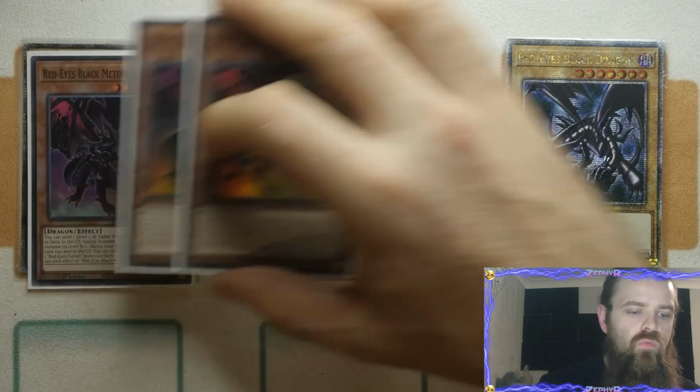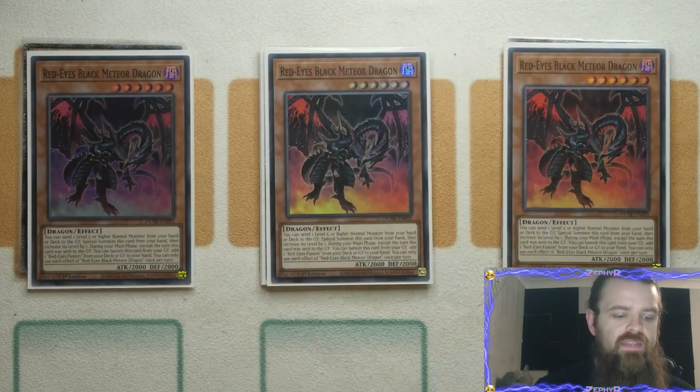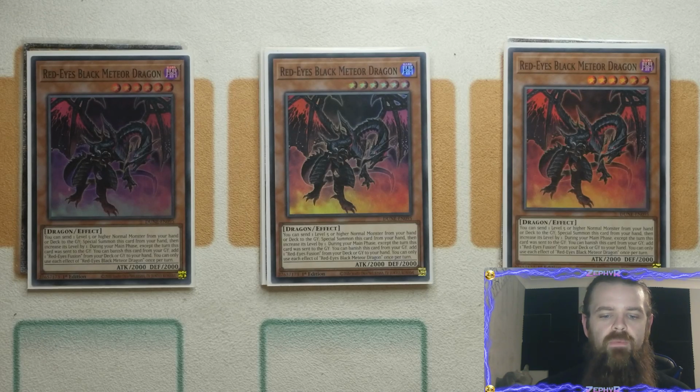We're then playing triple Red Eyes Black Meteor Dragon. Now, I did look at the other Red Eyes Black Dragon, but I didn't think it was that relevant. Yes, it's great in a burn version of the deck because it's one of them ones that lets you get it to the board from the grave. You've got a quick effect to ditch it from the hand or the field to summon out a Red Eyes Black Dragon. But ultimately, I felt that the Red Eyes Black Meteor Dragon was a better option because this one